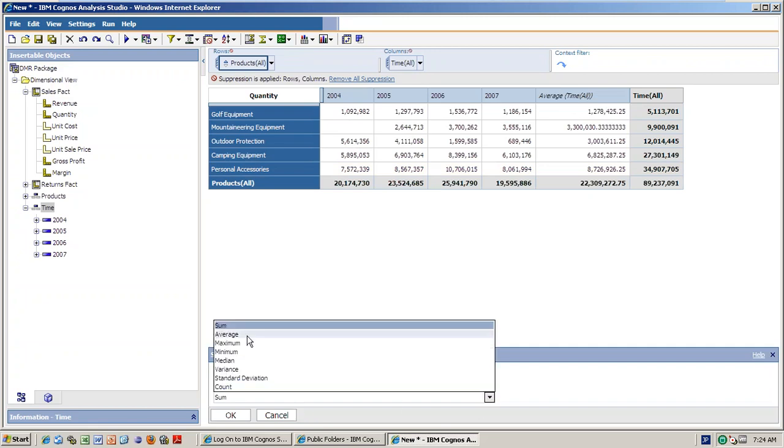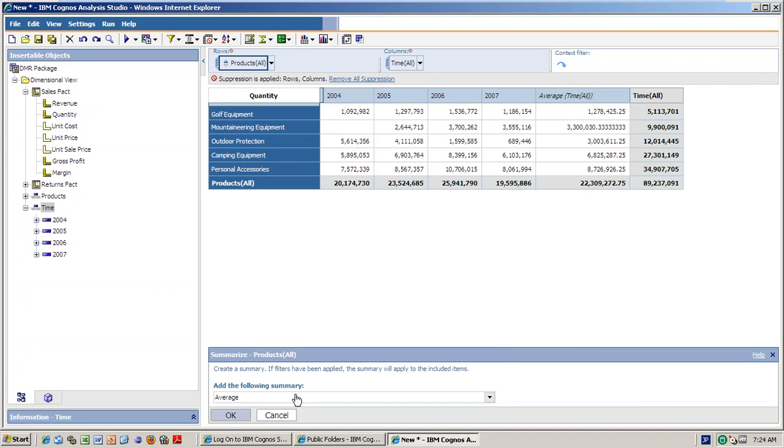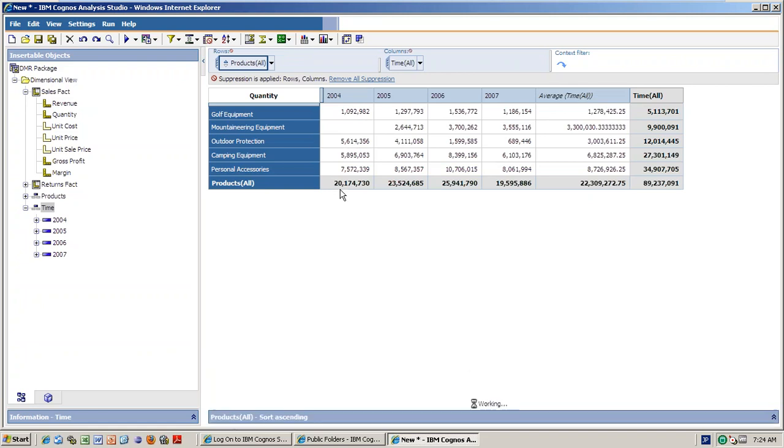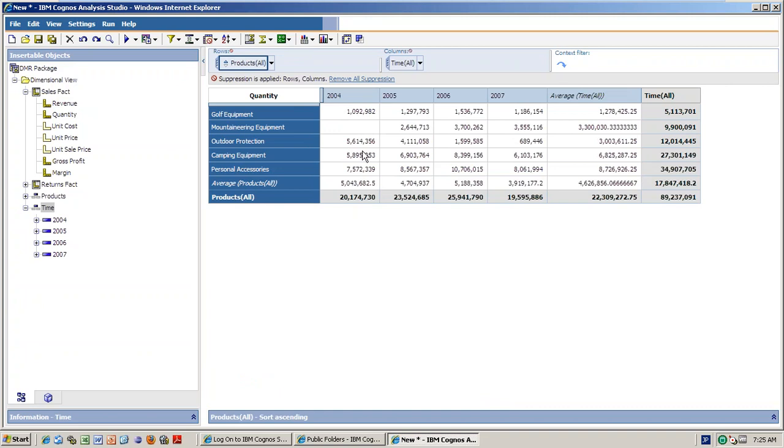If you want column-wise, for 2004, what is the average? So here, see now, this one, this one, this one, this one, and this is the average in total. And this one is 2004, 5, 6, 7.